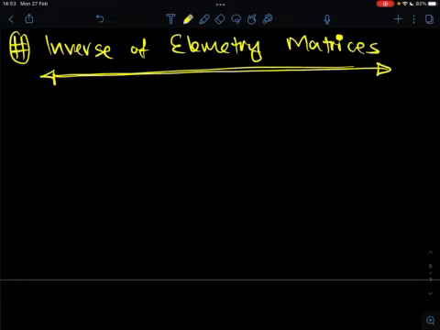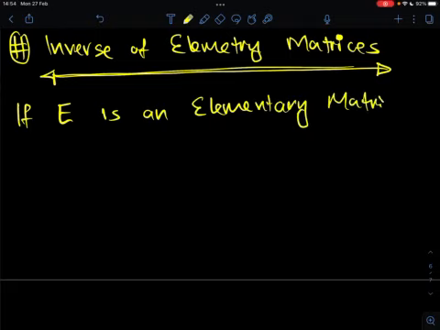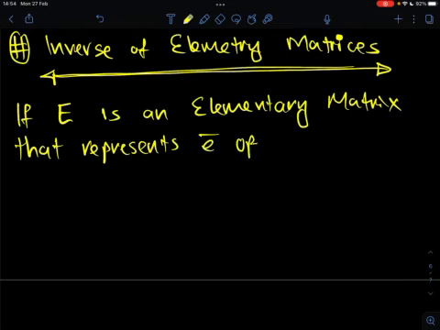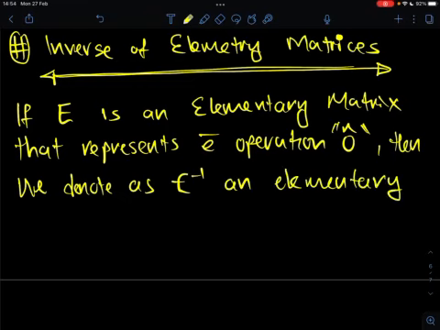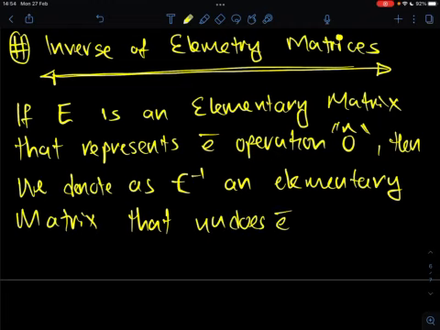Let's first introduce some notation that we're going to need. You see that? So if E is an elementary matrix that represents the operation O hat, then we denote as E inverse an elementary matrix that undoes the operation